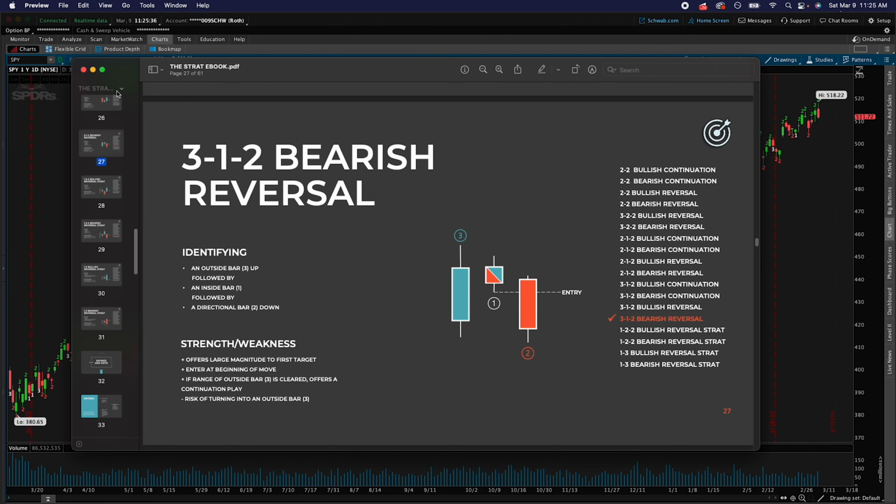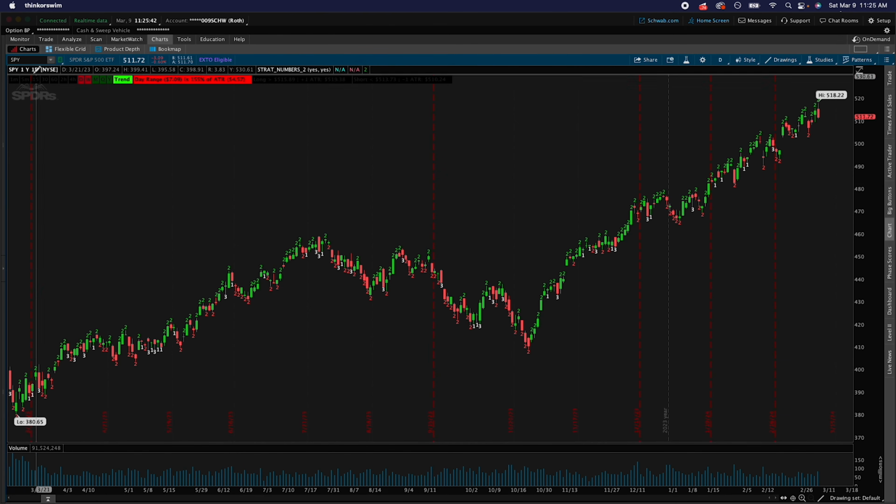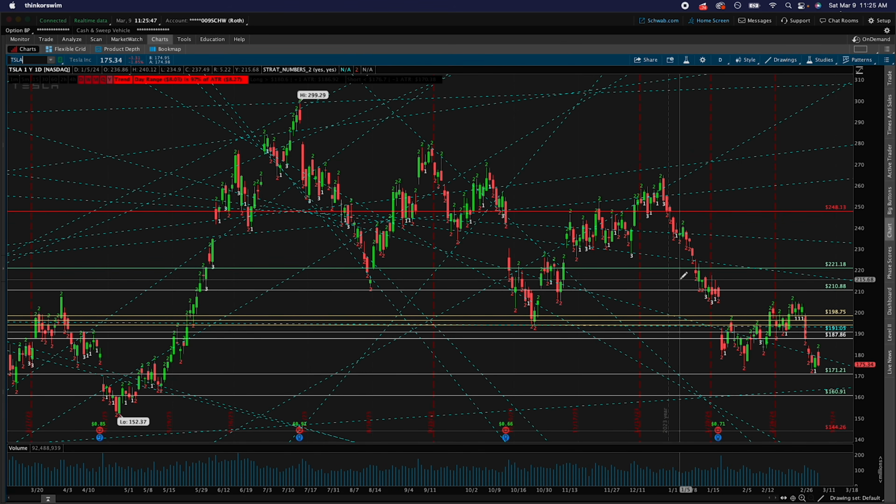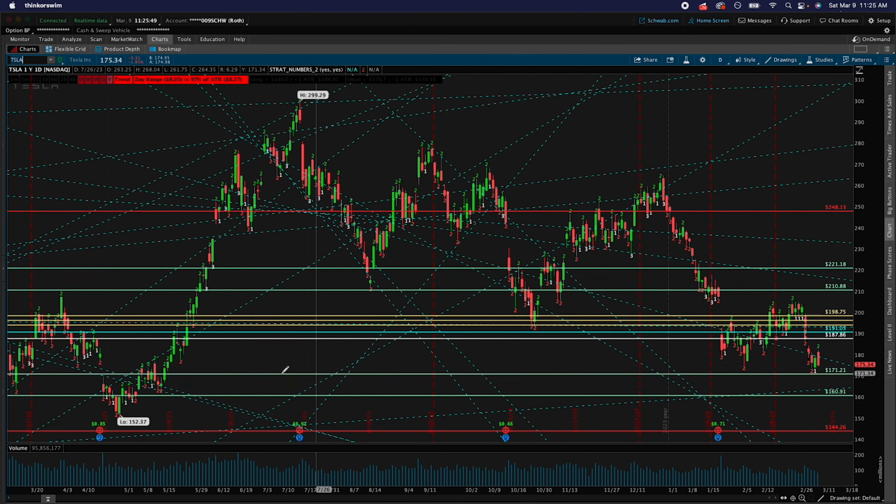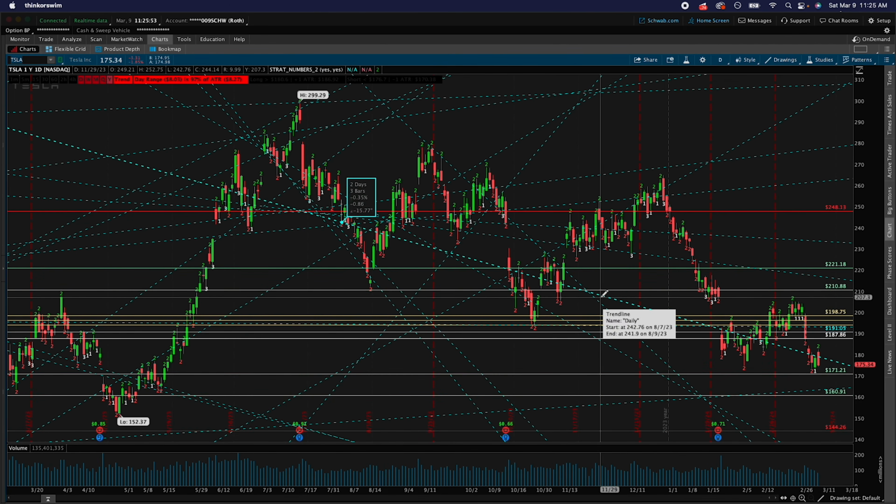There are also like a 1-1, like a double inside or even triple inside, which I should show you guys an example of really quickly. Let's go to Tesla. Also, when you finish drawing your broadening formations, your chart will look crazy like this. So something to note,